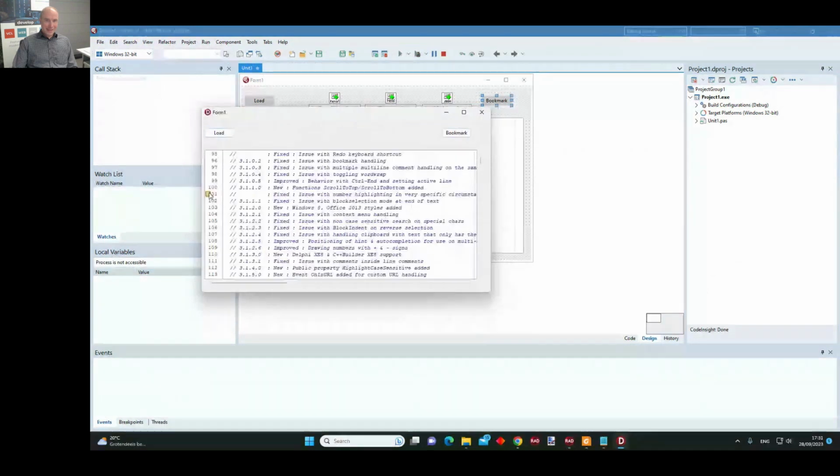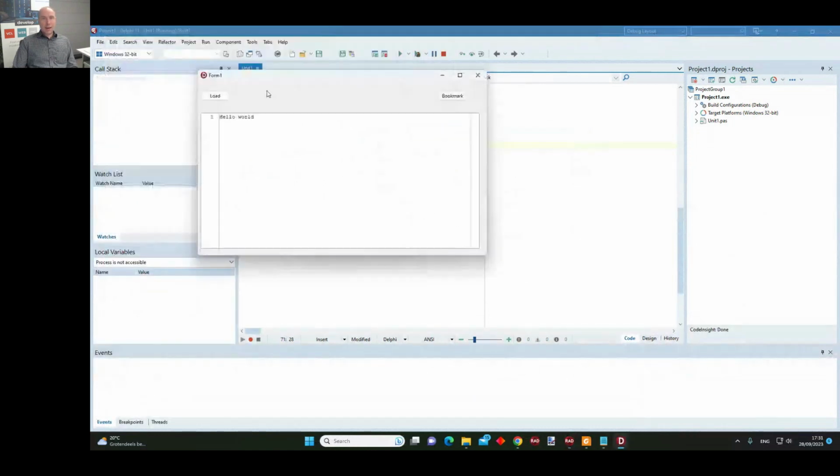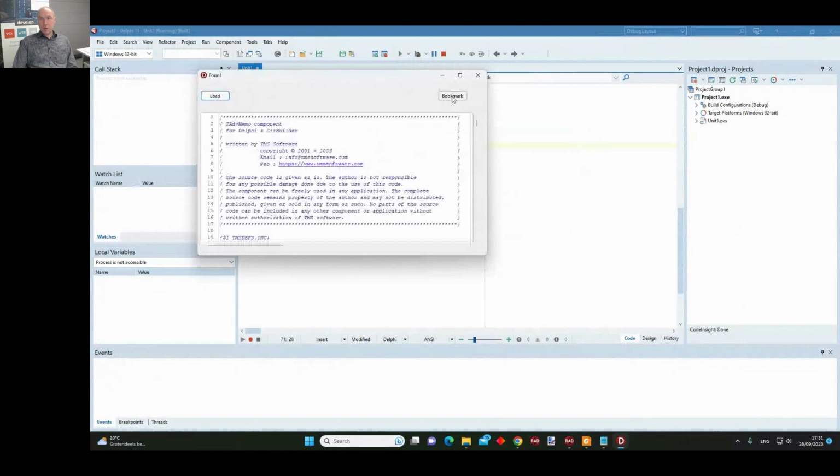Okay, here you can see the lines are zero based, so that's why I see here visually the bookmark at line 101. And I can do something like ADV memo 1, go to bookmark, my first bookmark. It's the first one that I added, and I expect it to go to line 100 bookmark, and it did not immediately go to bookmark.